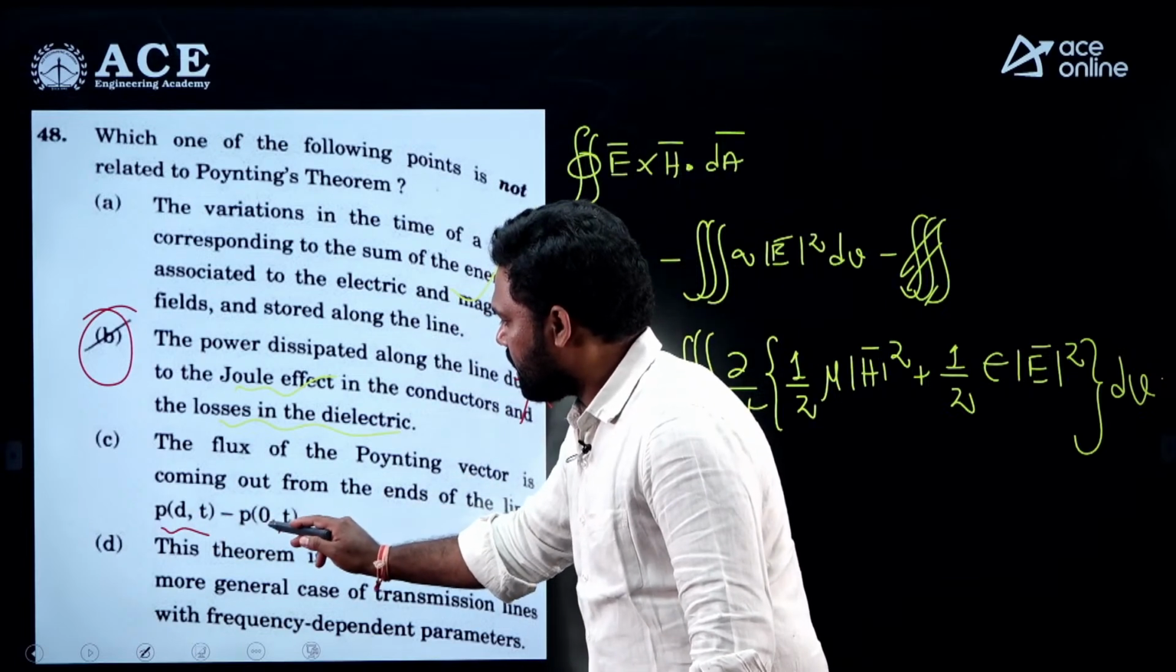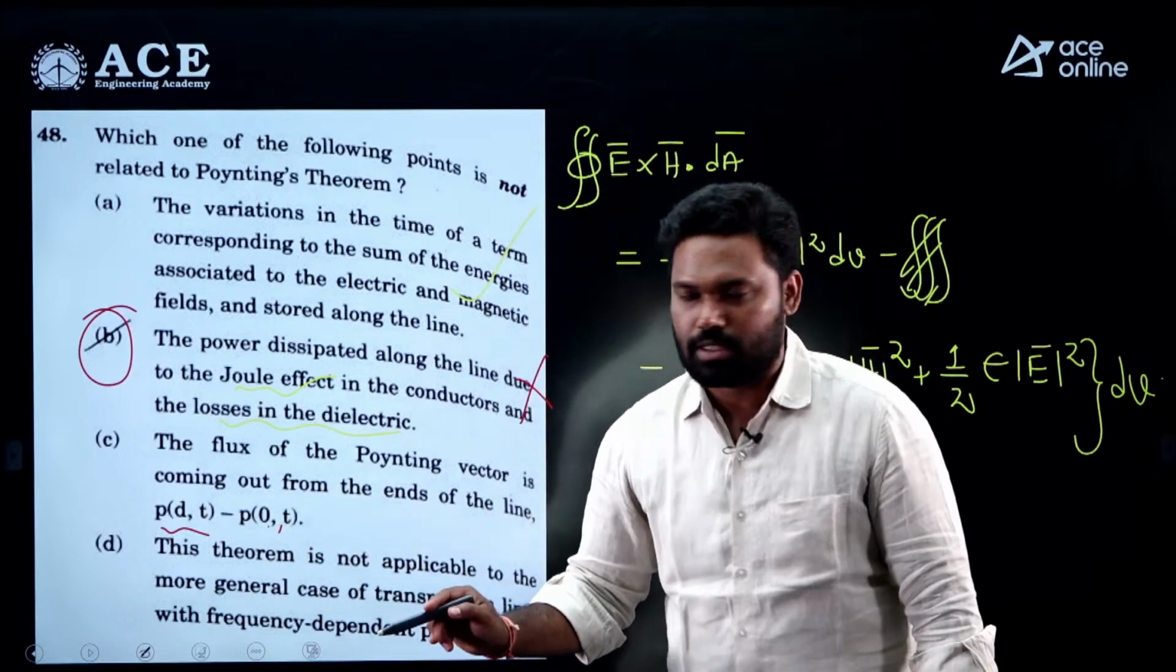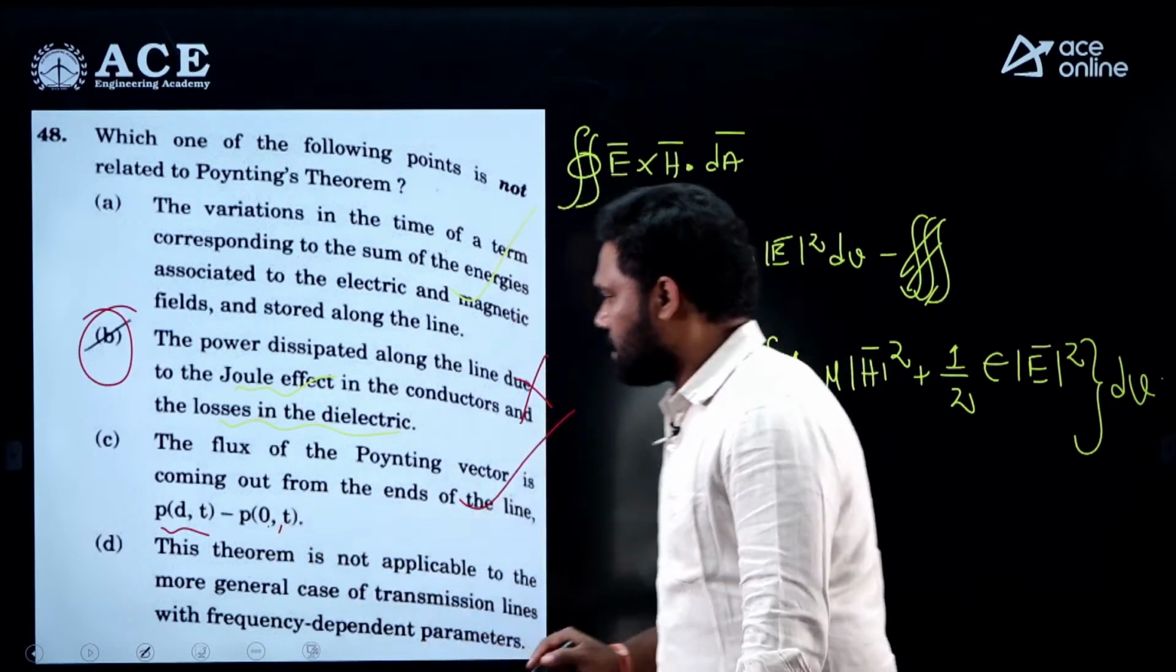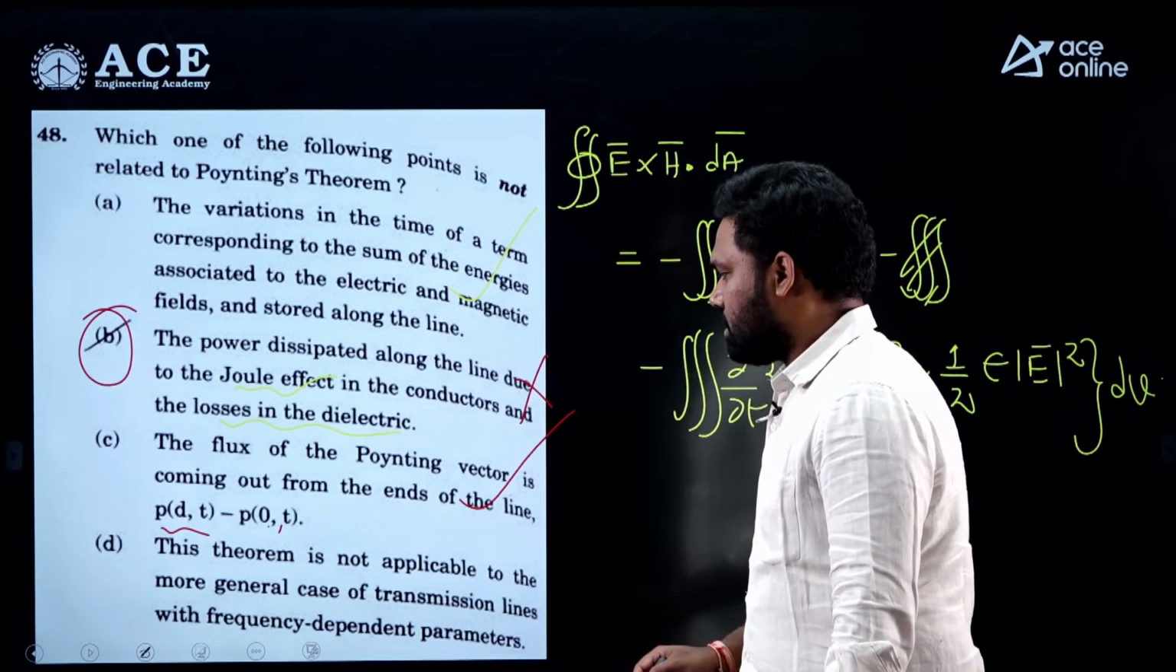This is a power density entering. So at a distance of 0. So this you can call it a flux, net flux. So this is also correct. Next, last one. The theorem is not applicable to the more general case of the transmission lines with the frequency